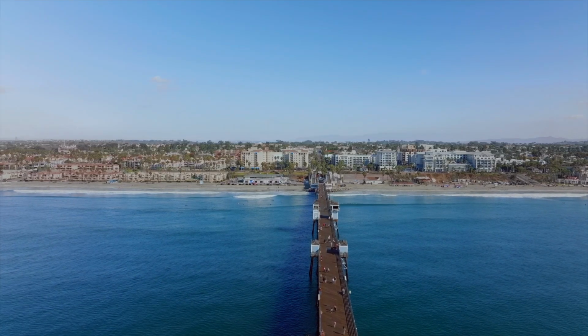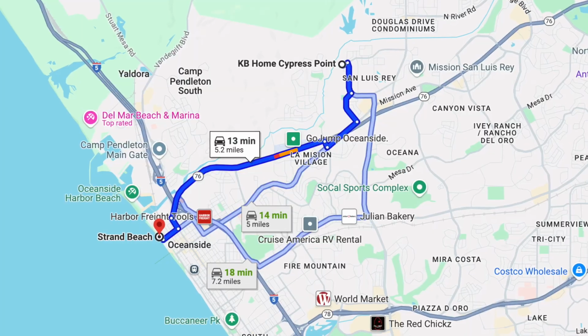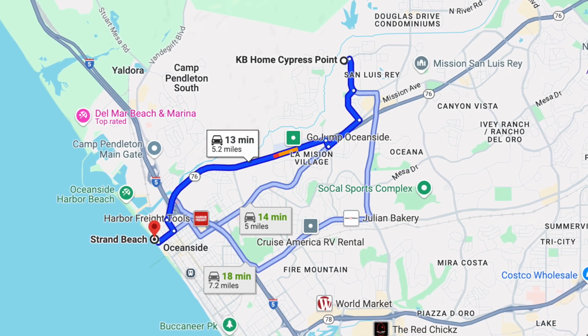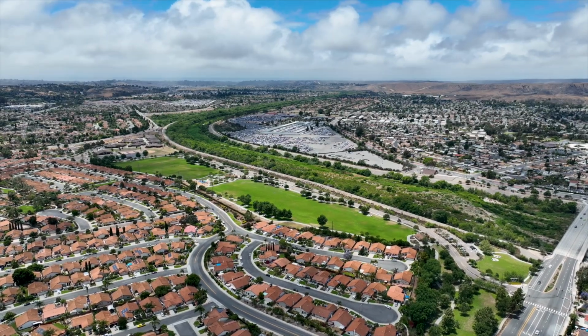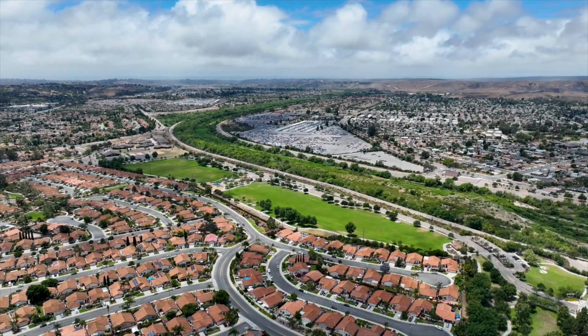Now, as I already mentioned, we are in Oceanside, and I literally just mapped this to see how far we actually are from the beach. It's about a 12-minute drive right now to the Oceanside Pier, about 4.5 miles. So to get this close to the beach is already really hard, especially if your budget is right around $1 million and you want a single family home. You do not have many options, but I have a brand new community that I'm super excited to share with you guys today,